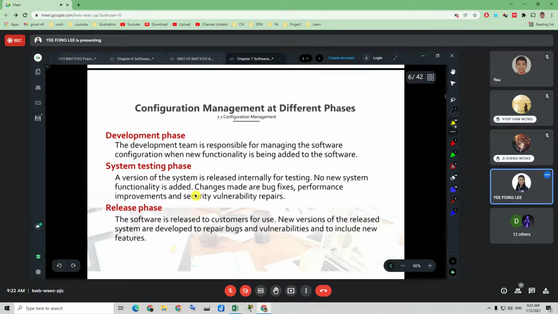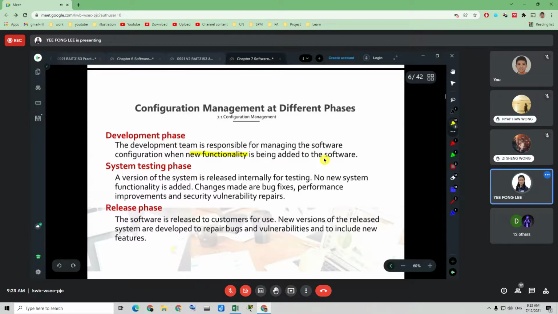Second, in the development phase, the development team might also decide on any changes in functionality. New functionality means any changes that need to be added to the